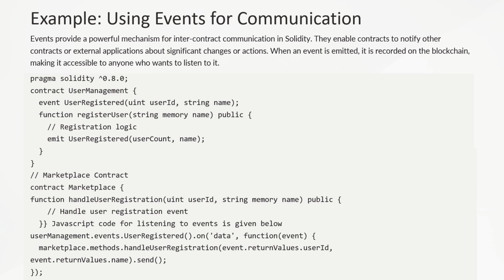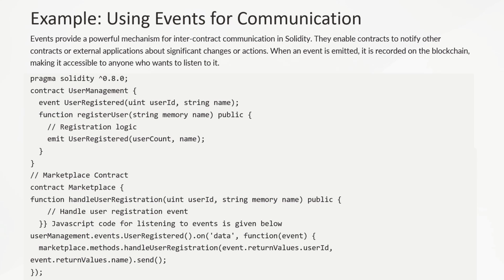In the provided Solidity code snippet, user management and marketplace contracts are integrated using events for communication. Let's see how events and JavaScript code for listening to events facilitate inter-contract communication. The user management contract declares an event named UserRegistered with parameters user ID and name. The function registerUser executes the user registration process and emits the UserRegistered event with the provided user ID